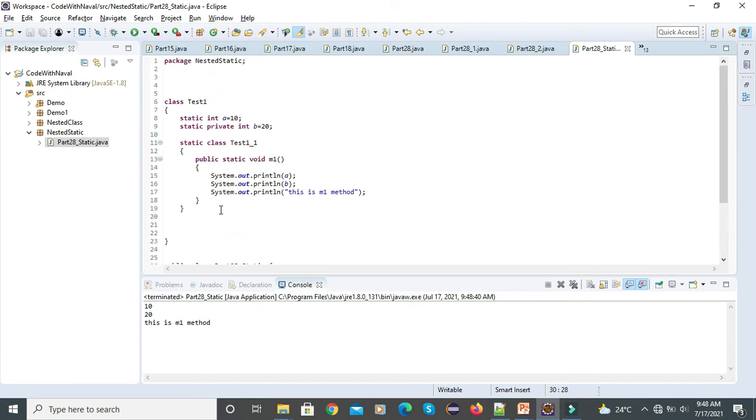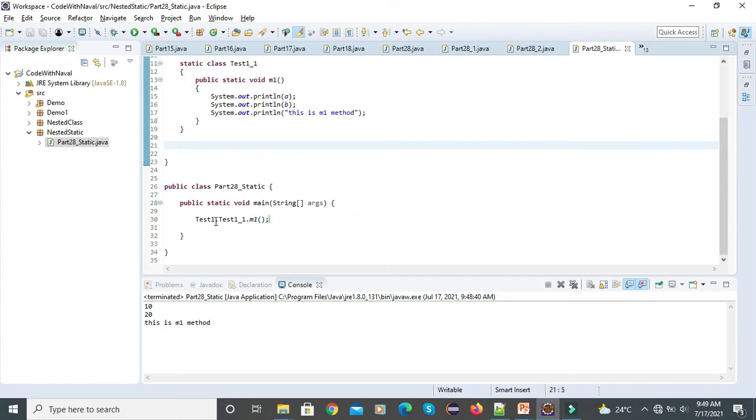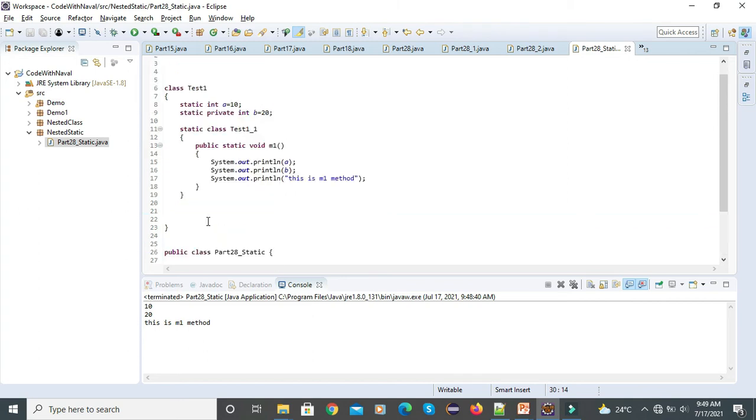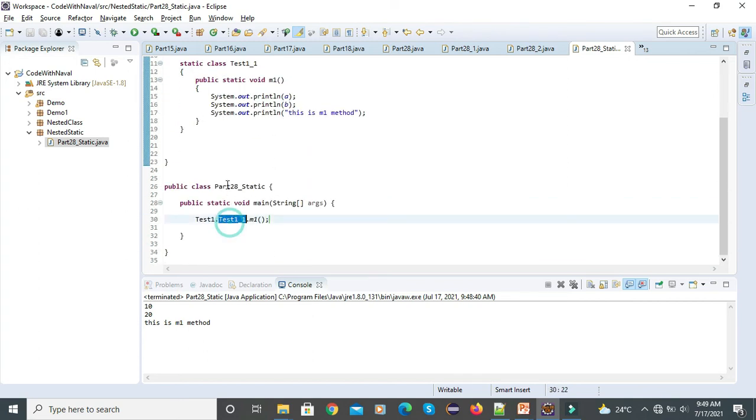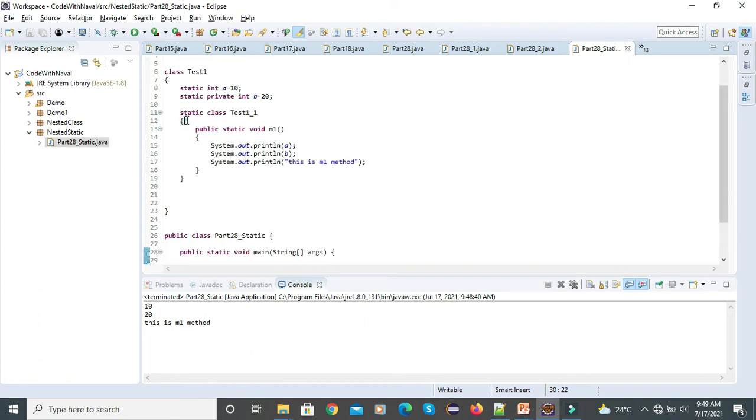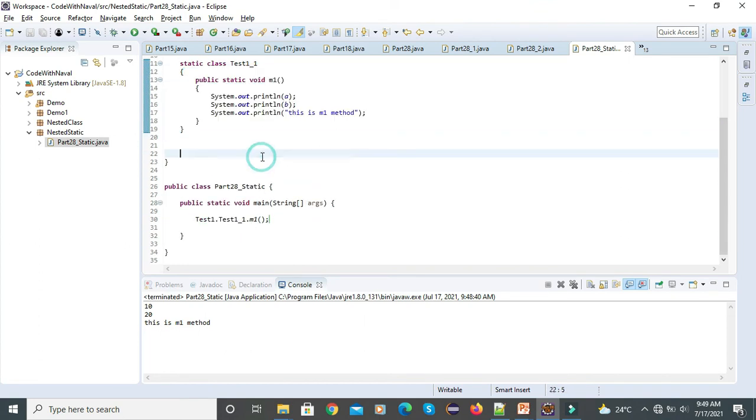Here we don't need to create an instance or object to access this. For accessing the m1 method we have a simple step: first add the outer class dot inner class, and dot the inner class member. That's it.